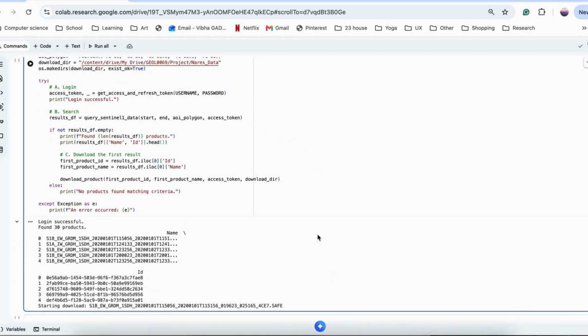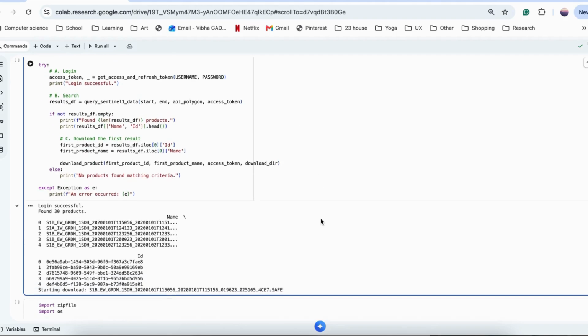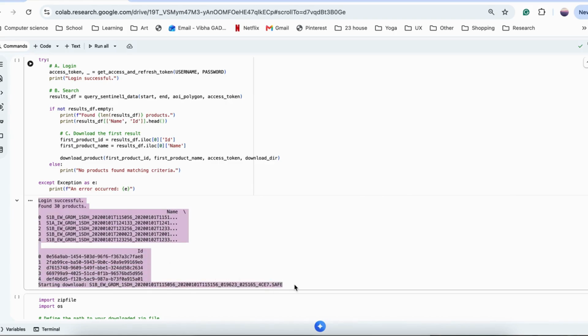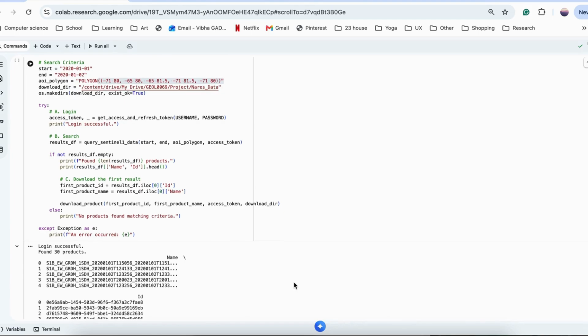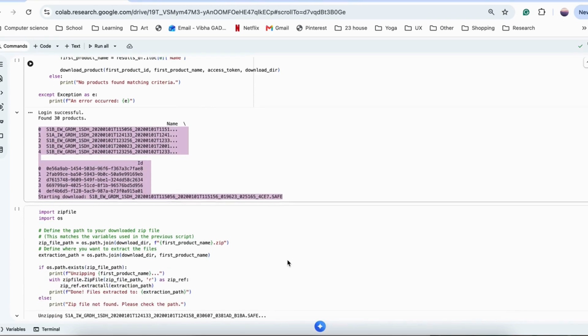Inside the function, I build an OData query that searches for the Sentinel-1 GRD products intersecting my Nares Strait polygon. The polygon I use focuses on the northern Nares Strait and the Robeson Channel region, given by the one starting with -71.80. This area was selected because it captures the region where ice arch-associated sea ice conditions are important. The next function is download product. This takes a product ID and file name from the query results and downloads the Sentinel-1 .SAFE.zip product into my Google